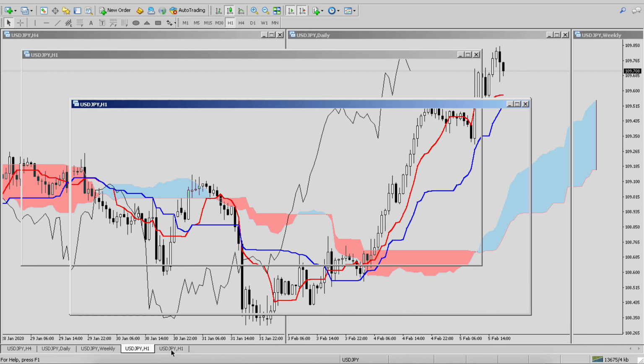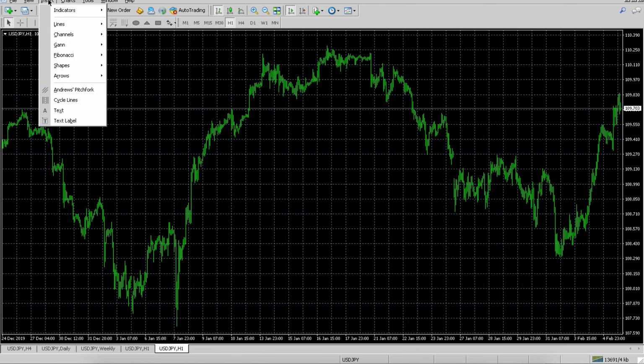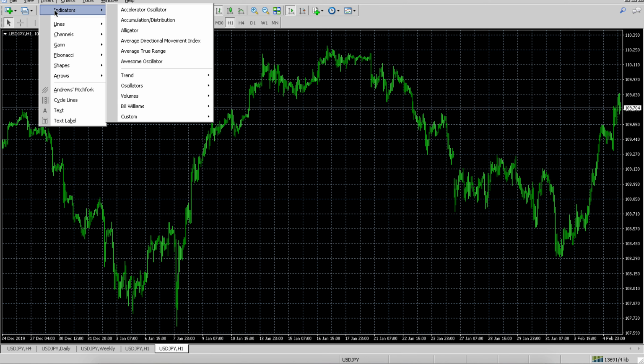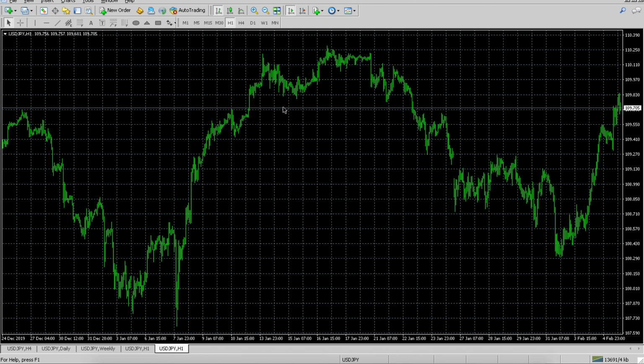So starting from here, let's say you just want to install the Ichimoku indicator. You go to Insert, Indicators, Trend, and Ichimoku Kinko Hyo. So this is your path.